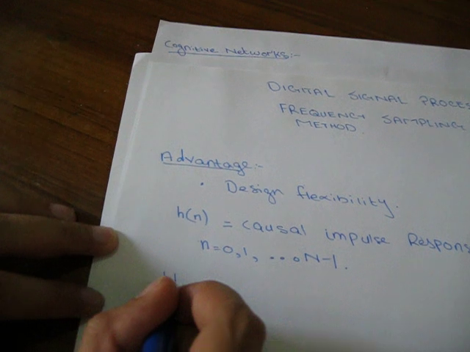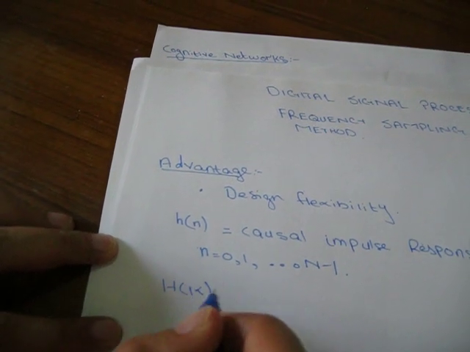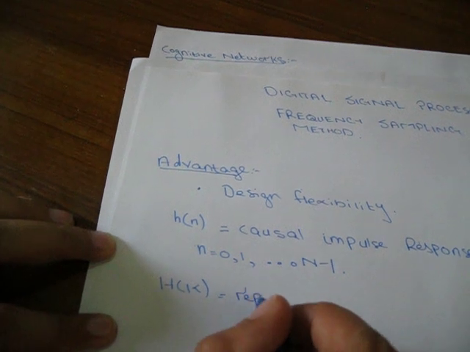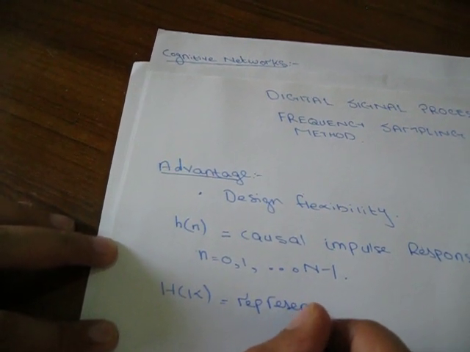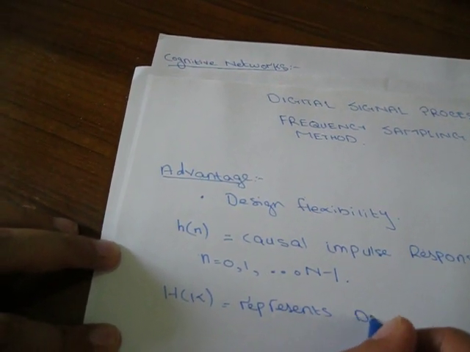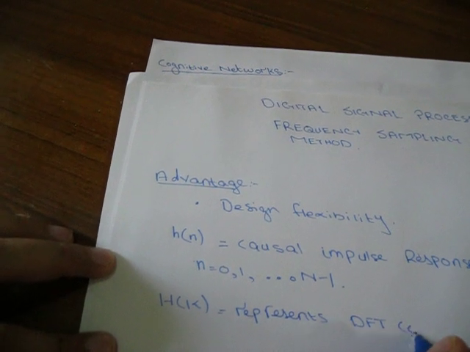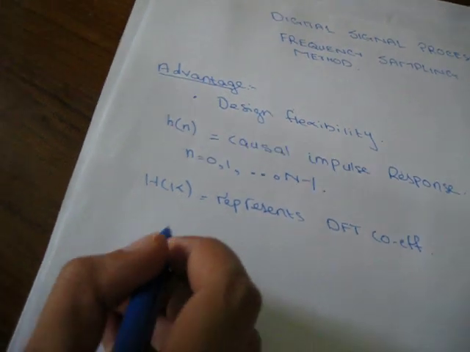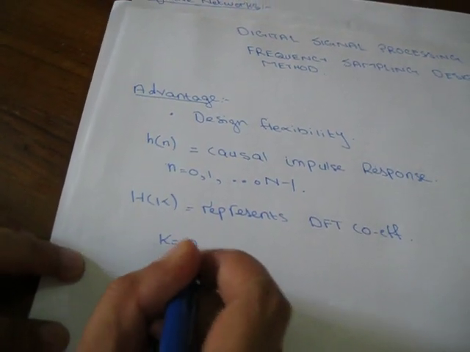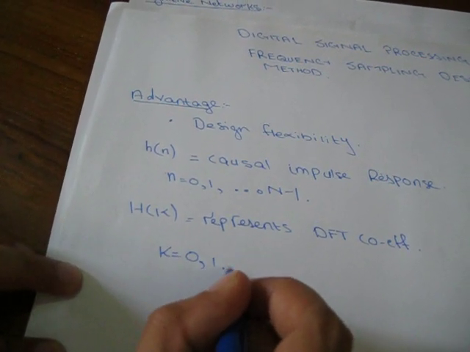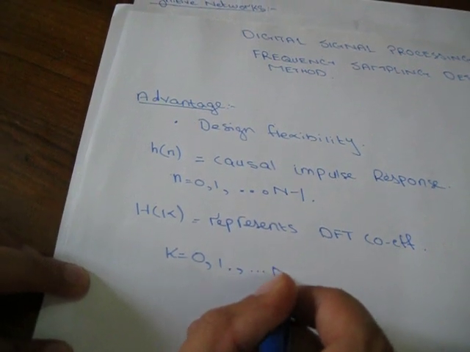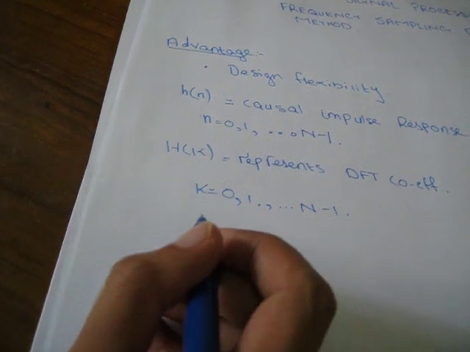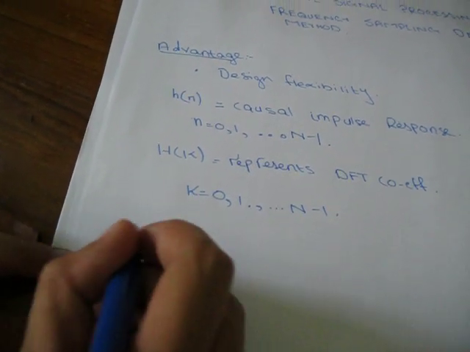Similarly, capital H of k represents the discrete Fourier transform coefficients, where k also goes from 0 to capital N minus 1. Now, formula to calculate FIR coefficients is